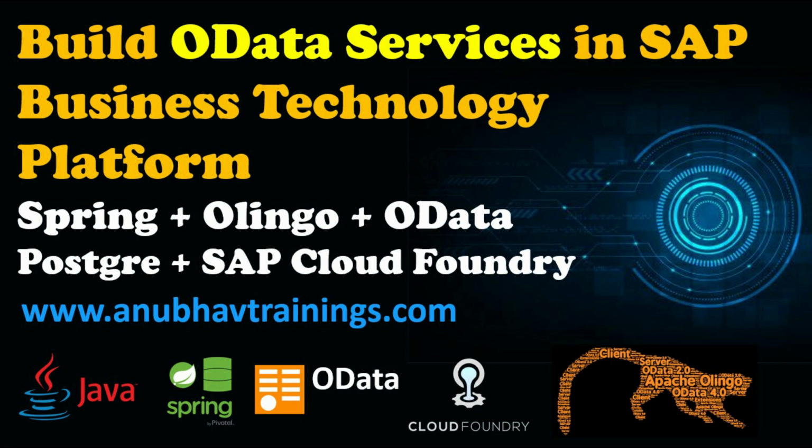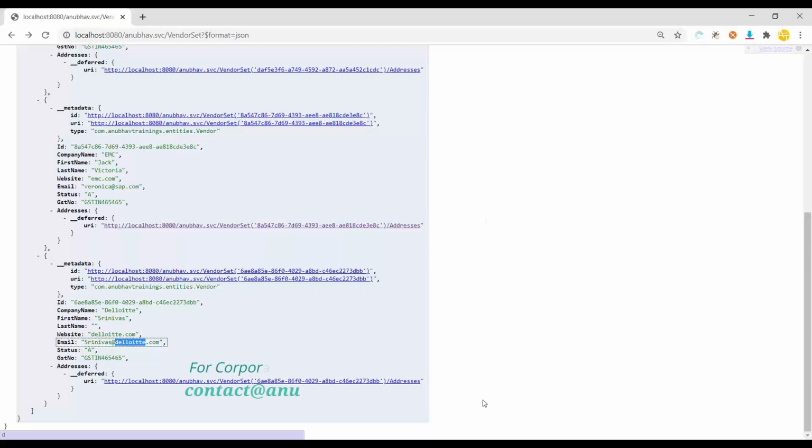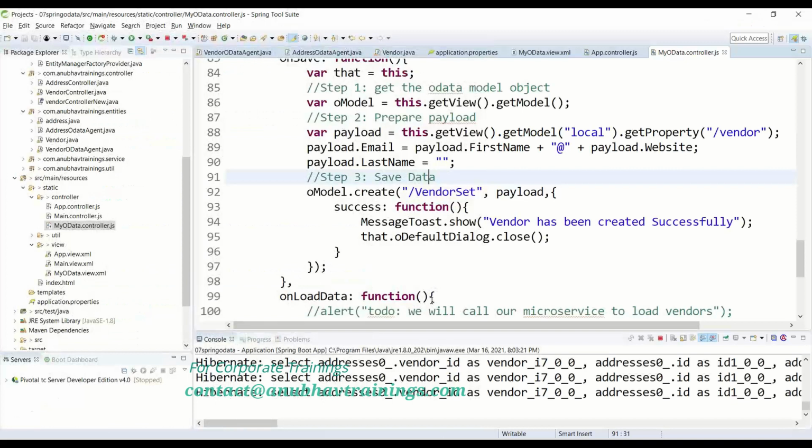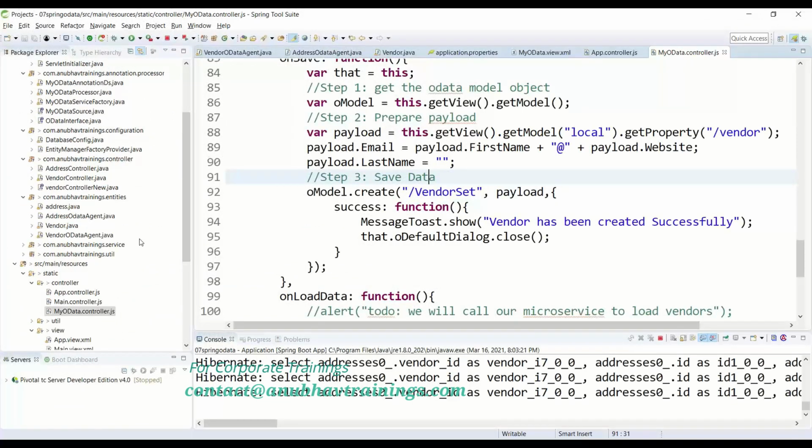In this episode, we will learn how we implemented an end-to-end Fiori application on our OData service built using Java, Spring, and Olingo framework. What we have done in today's episode is create a relationship between address and vendor.